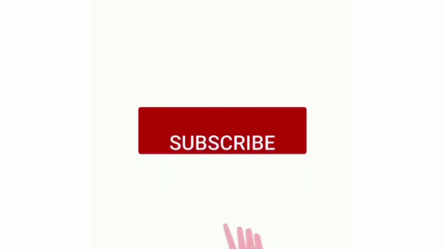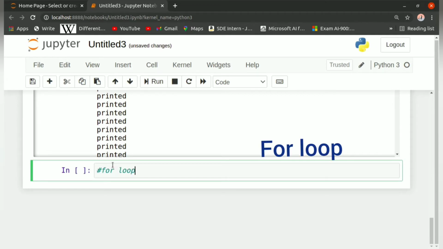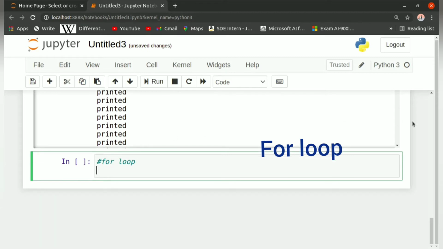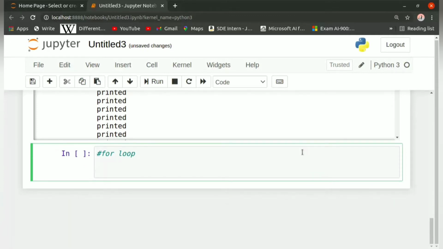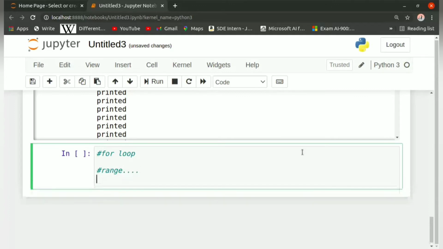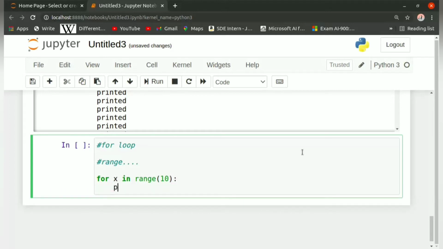Another kind of loop in Python is the for loop. A for loop is used for iterating over a sequence, which can be a list, a tuple, a dictionary, a set, or a string. Majorly, we use the range function in this kind of loop. The range function returns a sequence of numbers starting from 0 by default, incrementing by 1, and ending at a specified number. So if we have for x in range(10): print(x), it will give us the value